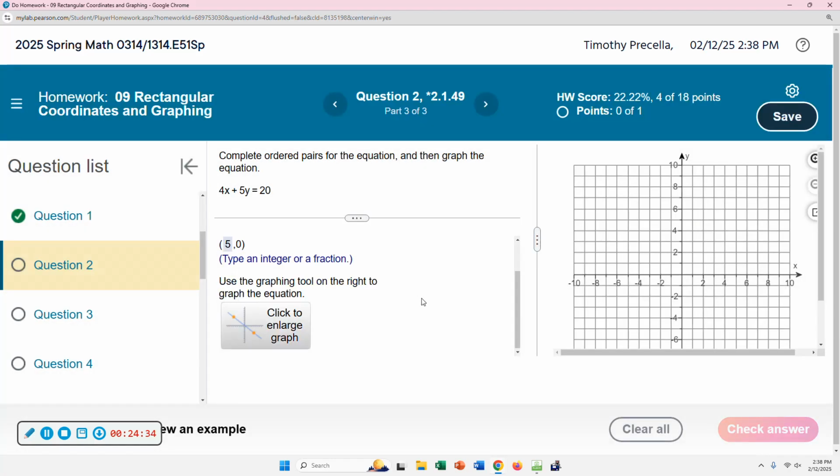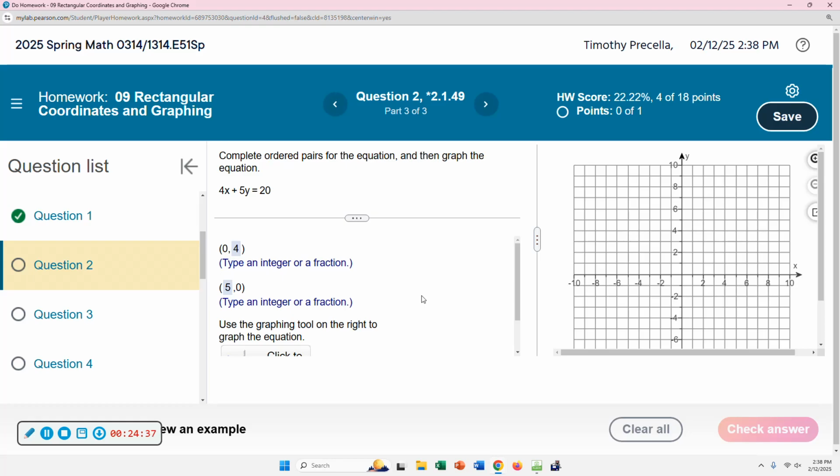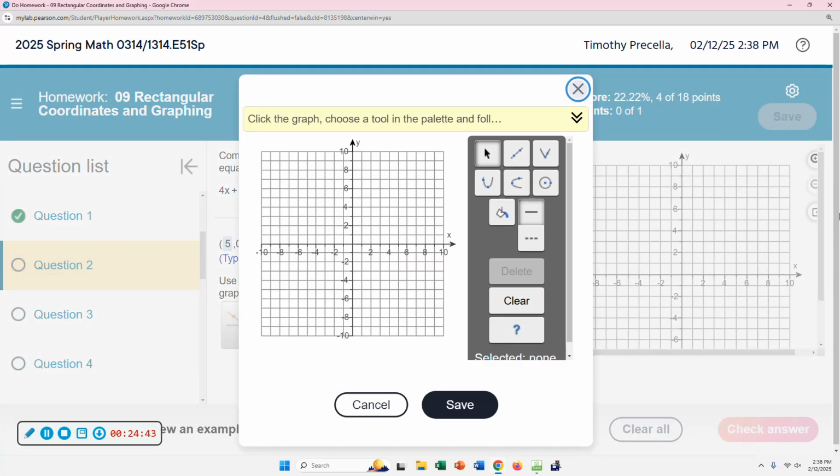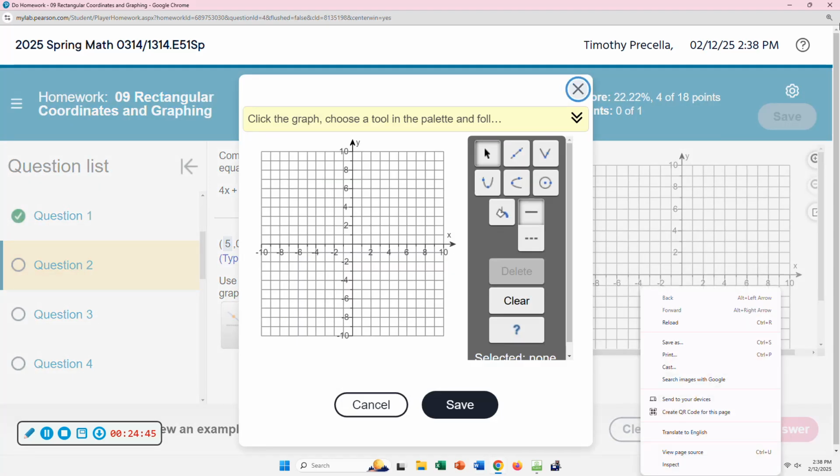Any question? Oh, we're not through. We have to draw the graph. So click to enlarge, expand the graph. I think it works better like that. And let me open up the